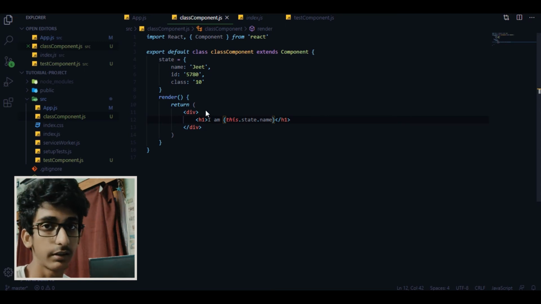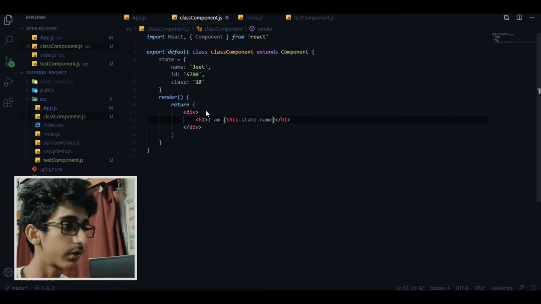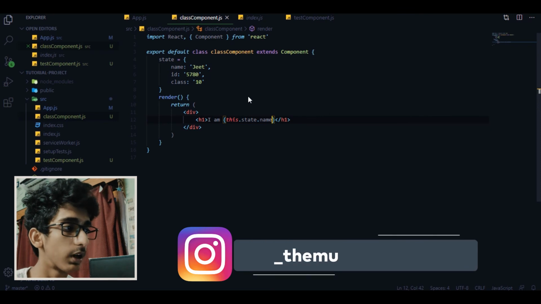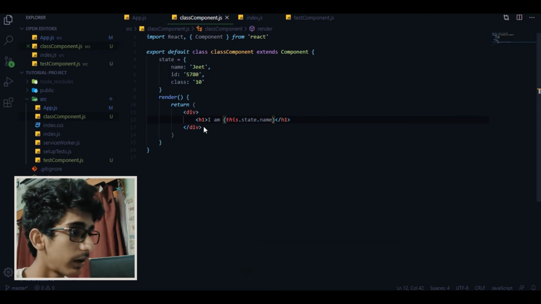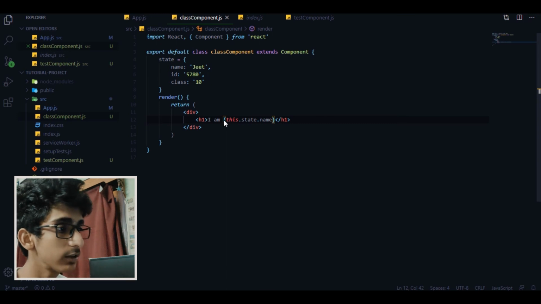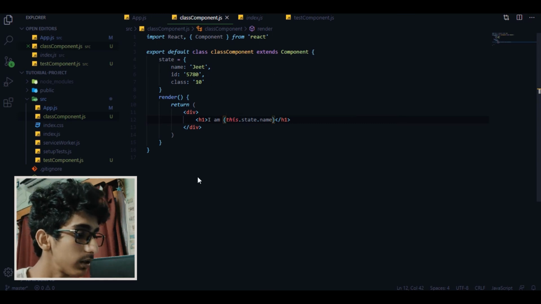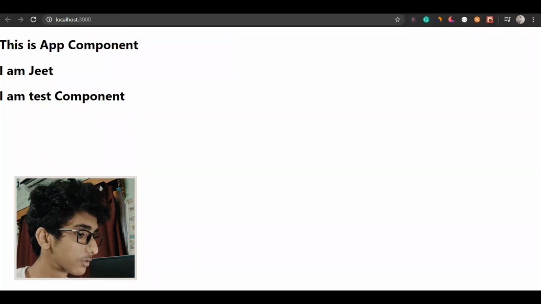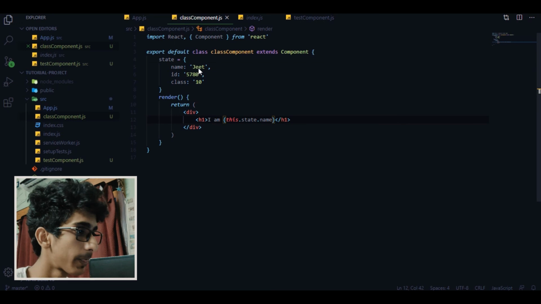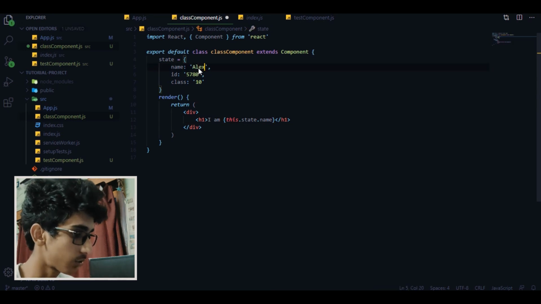It's not confusing, right? You have to understand it, because that's how React works. State is saving data locally in our React application, and what we are doing here is fetching that data from the state and printing it dynamically in our browser. So in case I change this name to Alex, just as I showed you,